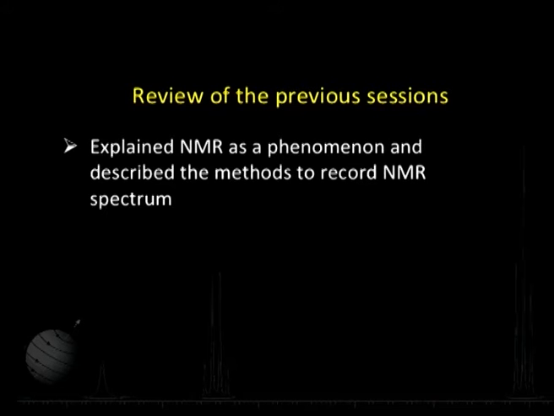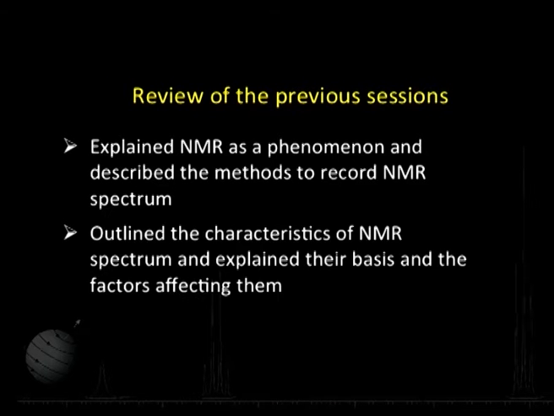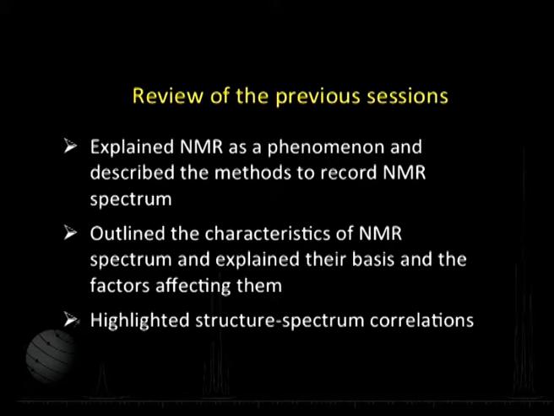Now, let us make a beginning by briefly recalling what we have done so far. We started by explaining NMR as a phenomenon and then described the methods to record the spectra. We talked about FT-NMR and CW-NMR and things like that. Thereafter, we outlined the characteristics of NMR spectrum and explained the basis and the factors affecting them. Then in the previous session, we highlighted the structure spectrum correlations. So, we will continue from here and quickly recall the structure spectral correlations that we established in the